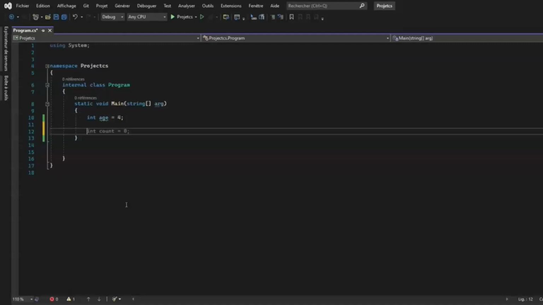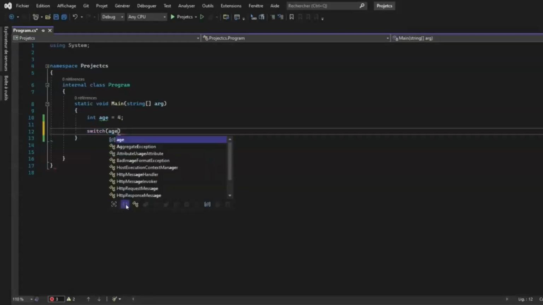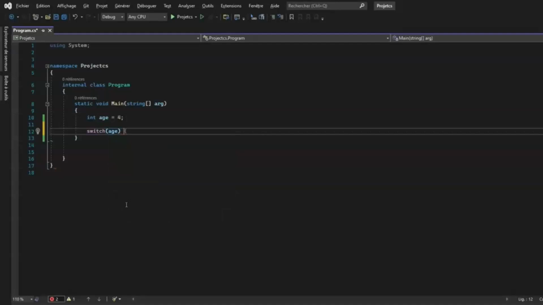In order to solve this problem, we have what we call a switch. It will allow us to avoid putting if everywhere. Now making a switch is very simple. Type switch and put the variable in brackets with which you want to carry out the test. Here it's the age variable, so put the age variable in brackets, then open braces,